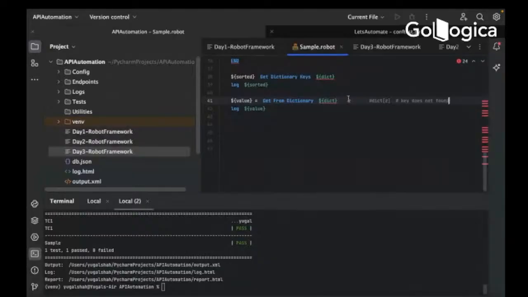If the key is there, then it will give you the value, but if it is not there, it will give you this error. Okay. Now if we don't want this error, and instead of this error we want